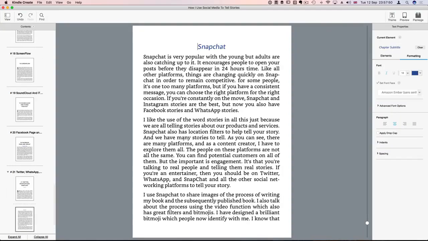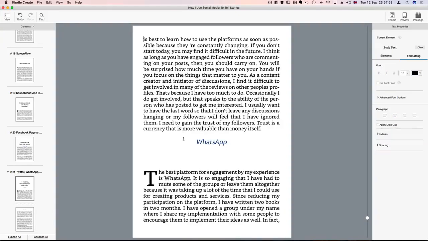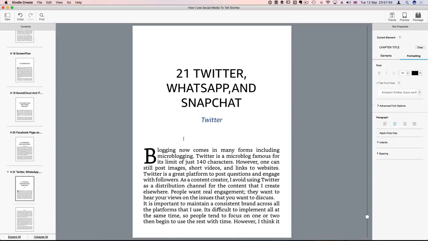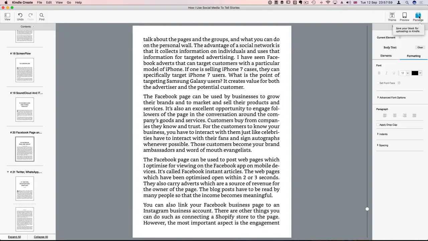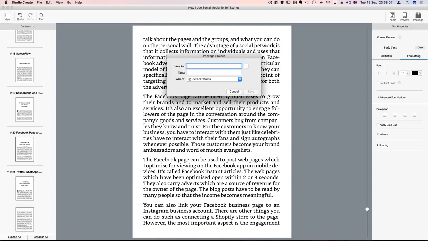So I think the next thing that I can do is save your book or upload it to Kindle. So I can save it here, and then I can save it as how I use